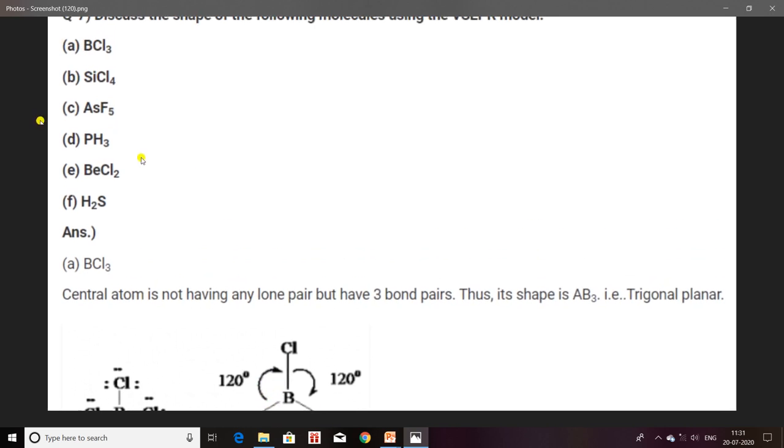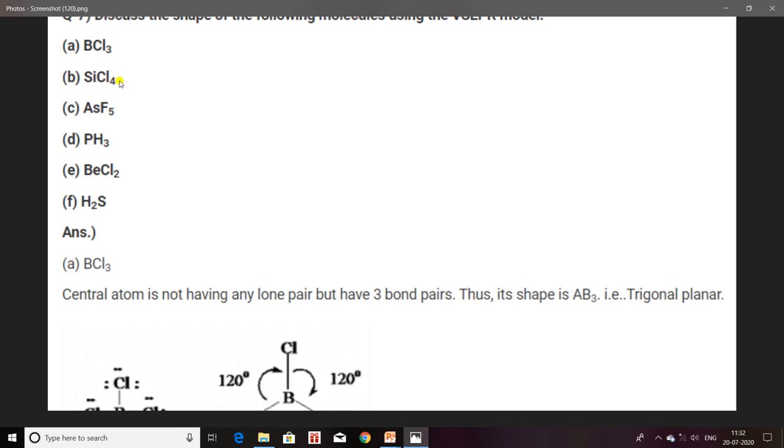In the same way you can do it for SiCl4. So write down the formula first in your notebook. So 1 by 2 into number of valence electrons of silicon. Silicon belongs to which group? Yes, answer the question. Which group? Group 14, that means the number of valence electrons is 4. So 1 by 2 into 4 plus how many atoms are attached to silicon by single bond? 4. So 1 by 2, 4 plus 4. It comes equal to 4. So that means in total 4 electron pairs are present in SiCl4.